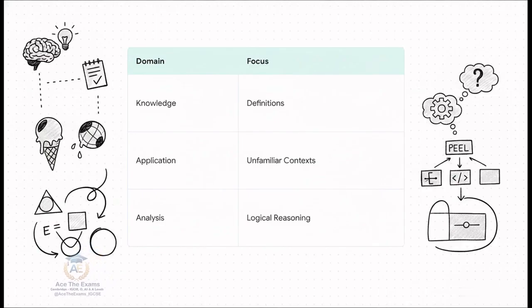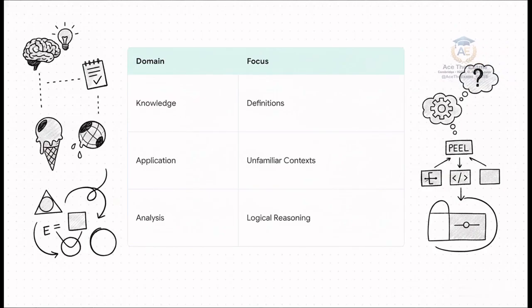First, knowledge and understanding. This is the baseline, knowing your derivative formulas and basic definitions. But honestly, that's just the price of admission. Second is application. This is where top-performing students really start to pull away from the pack. It's taking those baseline principles and applying them to entirely unfamiliar contexts, like, say, a melting cone or a leaking